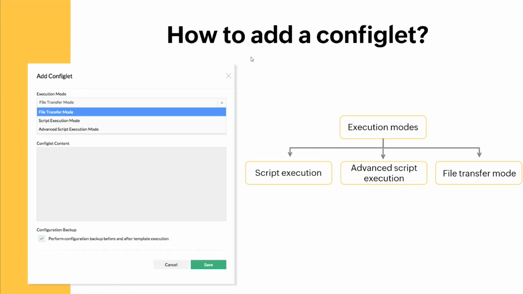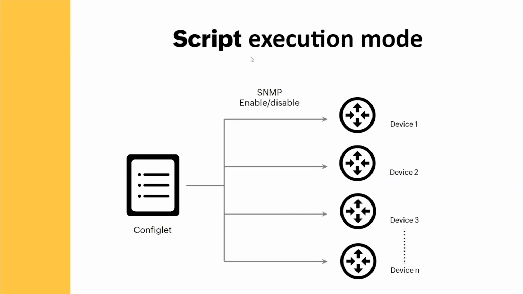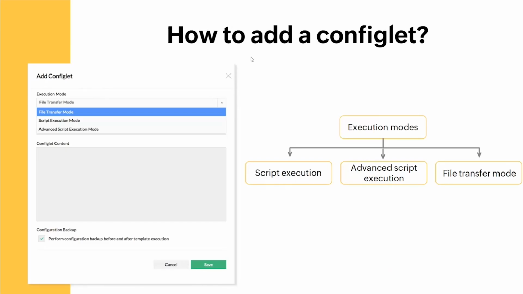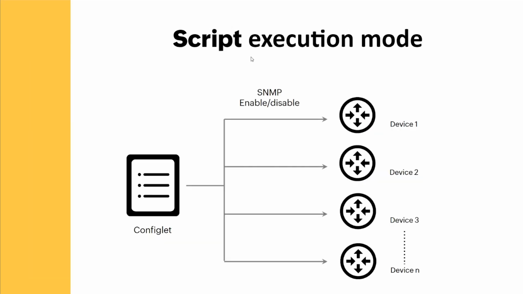So now let's look at how to add configlets in Network Configuration Manager. In Network Configuration Manager, there are 3 execution modes for adding configlets. One is the script execution mode, the advanced script execution mode, and the file transfer mode. In the upcoming slides, we will be looking at each of these execution modes in detail, starting with script